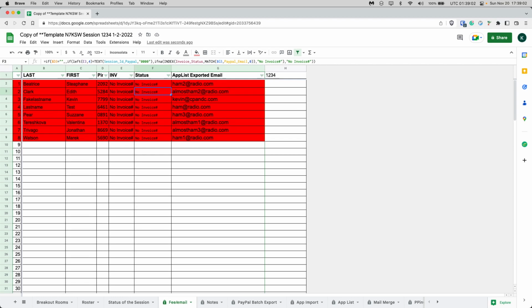And then this is the fee email tab. This is one of the tabs that, well, what am I saying? I was going to say this is one of the tabs that Connor made, but Connor made most of them. So anyway, first of all, what this sheet does is